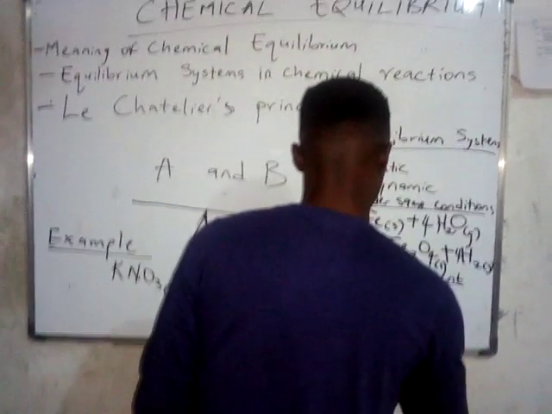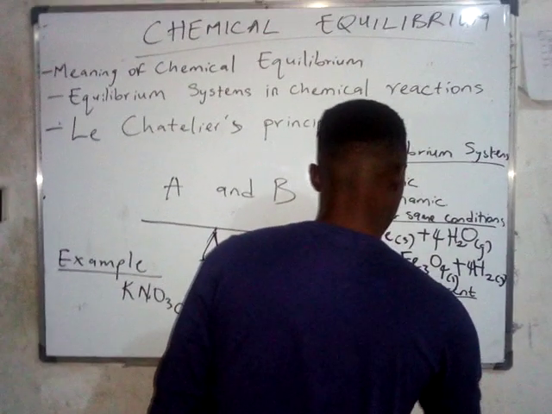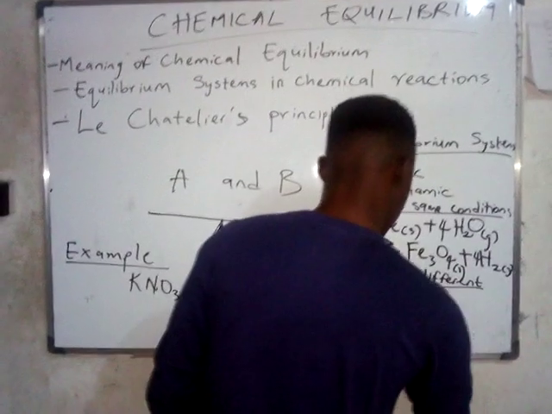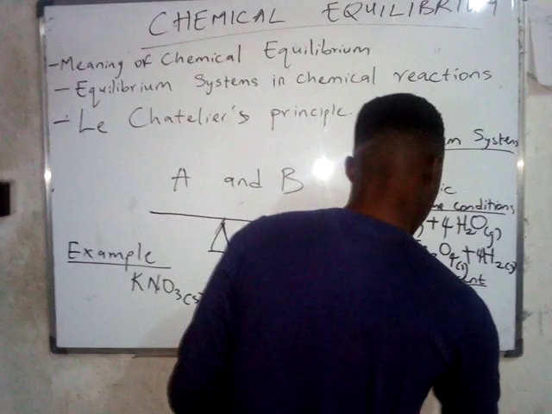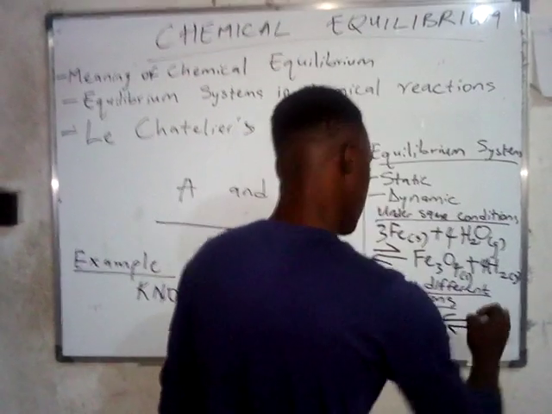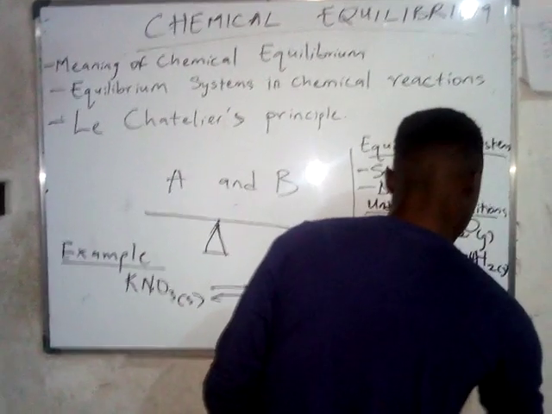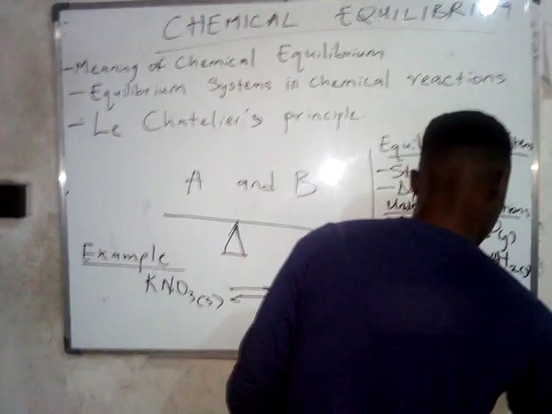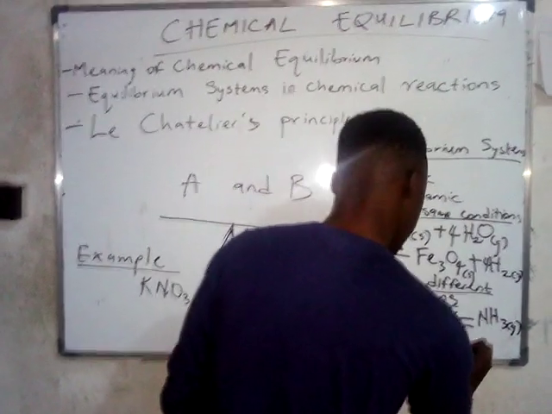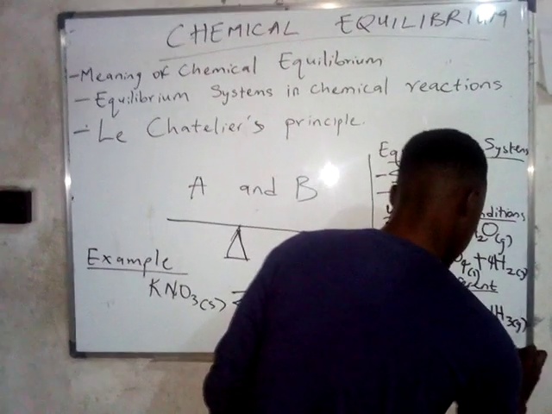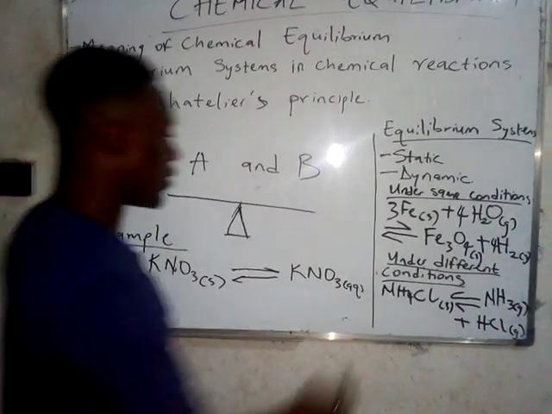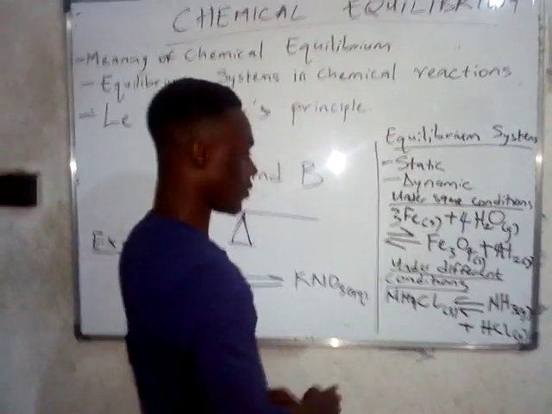So when you have ammonium chloride decompose reversibly to give you ammonia and HCl gas. Now, for this reaction,